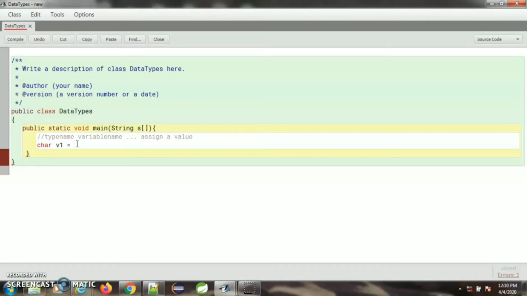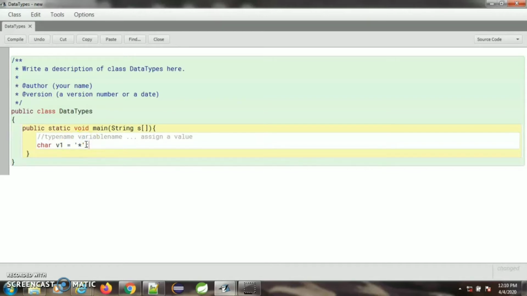So star is also a character, comma is also a character, semicolon, colon, slash, anything, digits like 0, 1, 2 or any letter, capital or small. If it is taken singly, then it is a character. So suppose we are taking star. Here we have to give only a single character, because char means only a single character. We can't give multiple characters like this. Okay, and it also has to be included within single quotes.